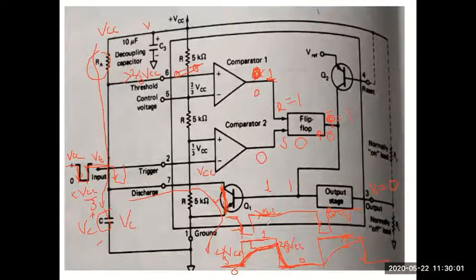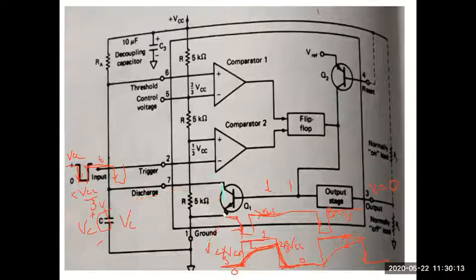Okay, so this is the normal operation of a monostable multivibrator. Do you have any doubts or did you understand the operation? So in very easy terms, if you look at a monostable multivibrator implemented using 555 timer, we'll see this is how it works.